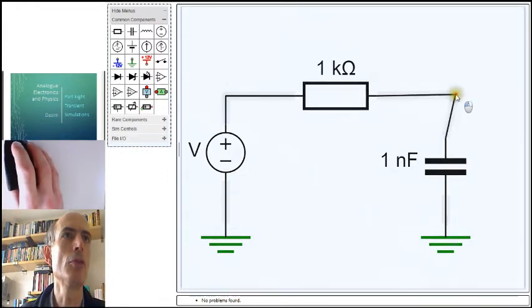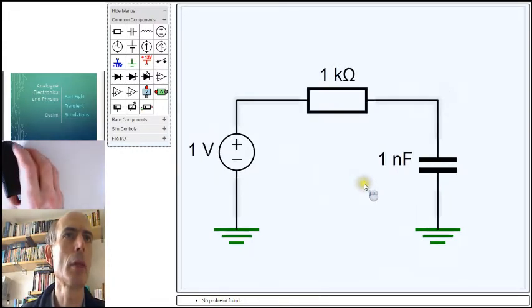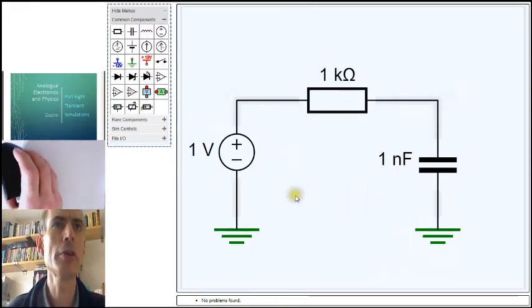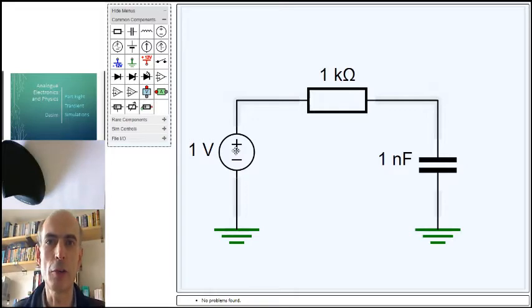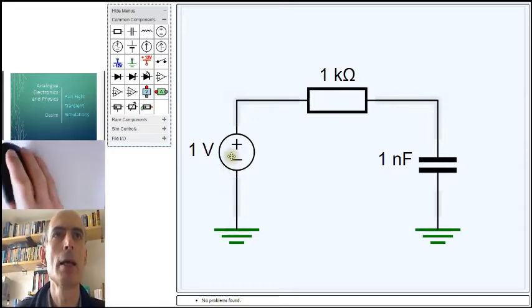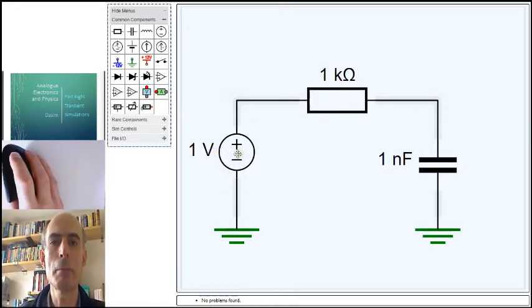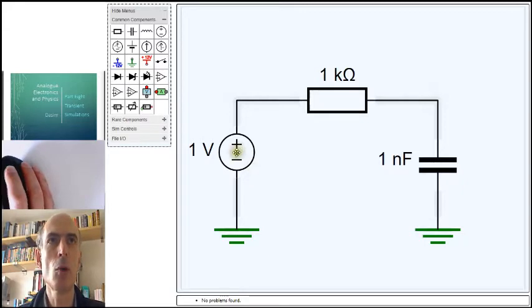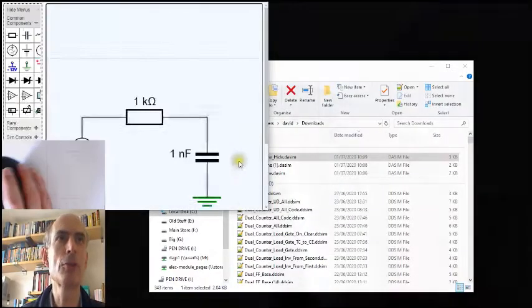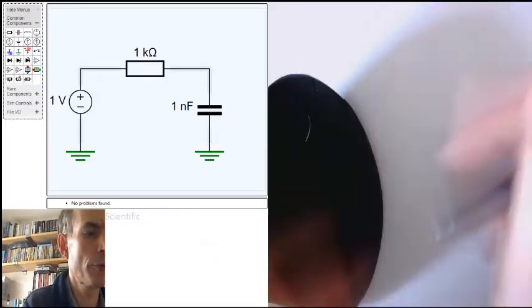Now, in the simulation world, in the transient simulation world rather, the voltage sources have a value of 0 until time t equals 0, until 0 of time. And then it would suddenly become a 1 volt voltage source. So, in a transient simulation, what we have here is a voltage source which is actually doing something more like this. As a function of time,